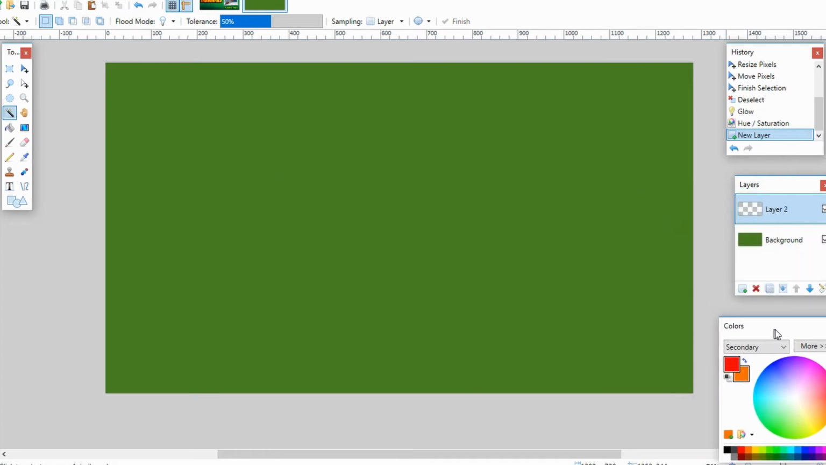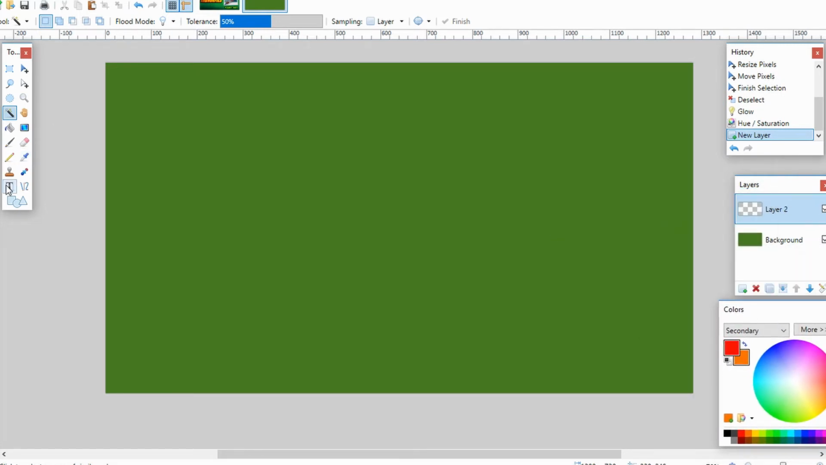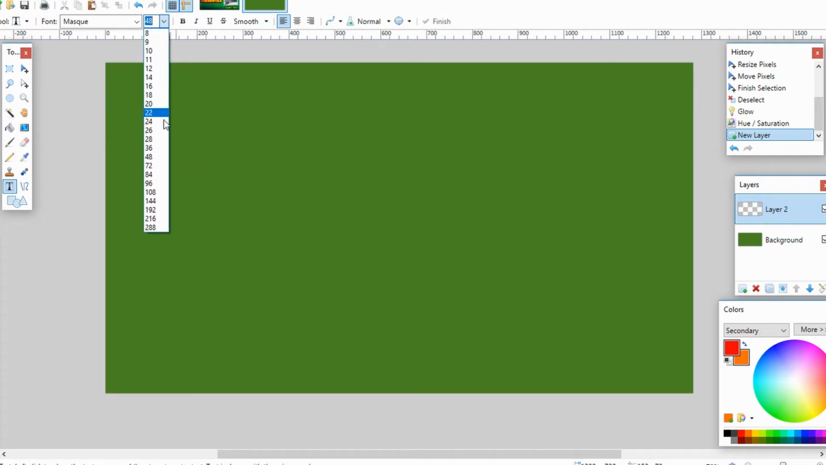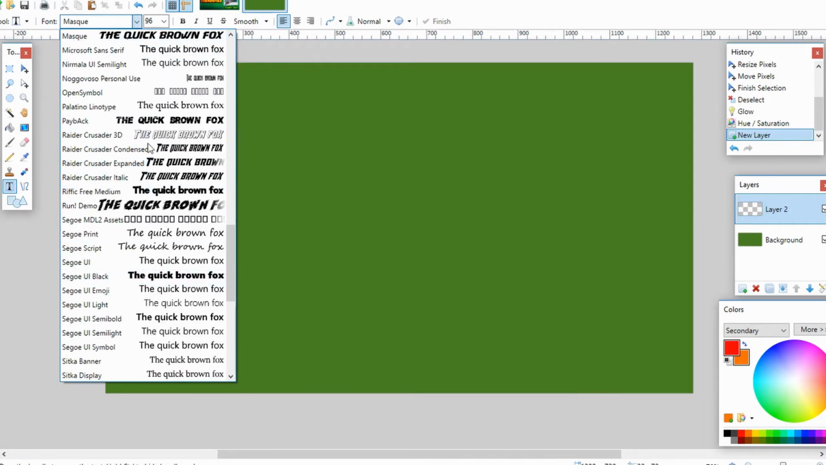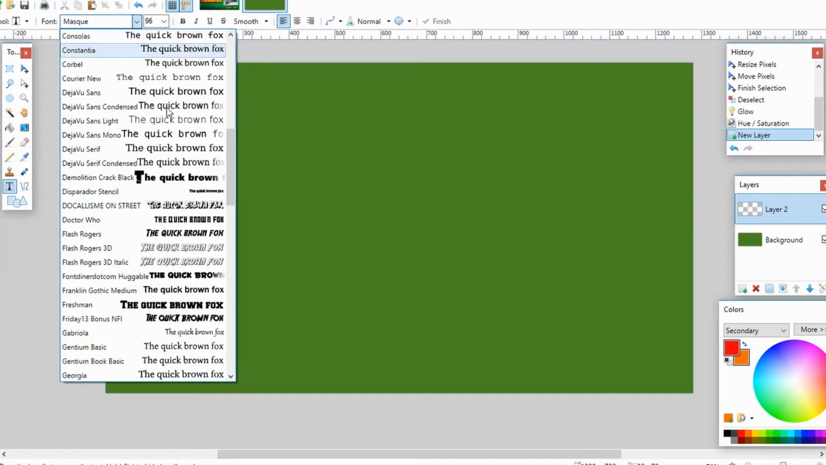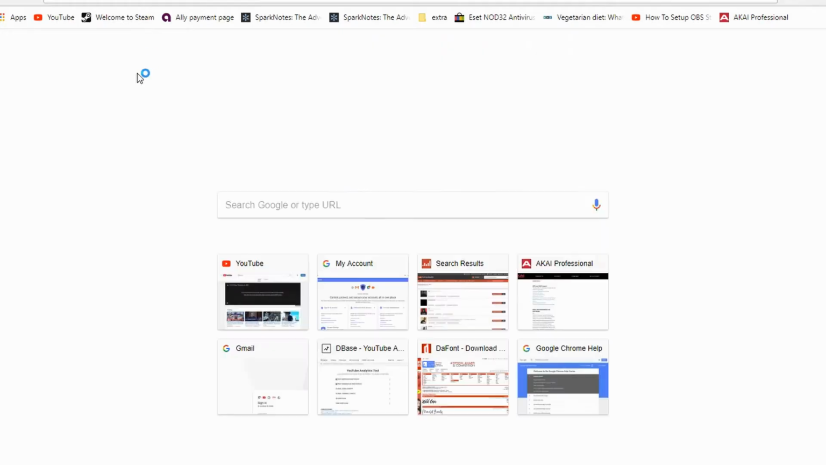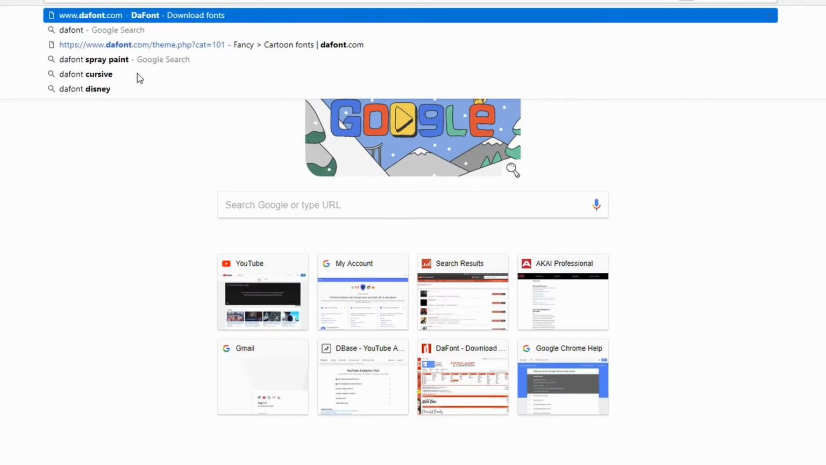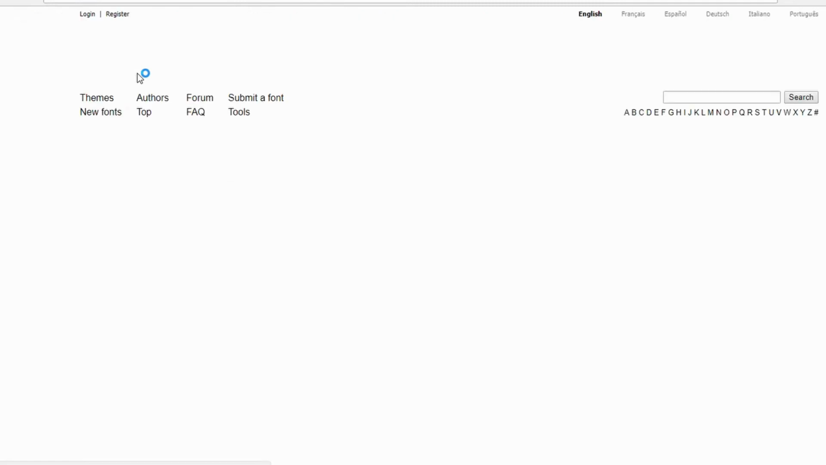So what we can do is hit the text tool right here, or the shortcut key is T. If I go back to this and I hit T, it's highlighted, although mine's not working. And so now you can also put in your fonts. A really cool website is thefont.com,